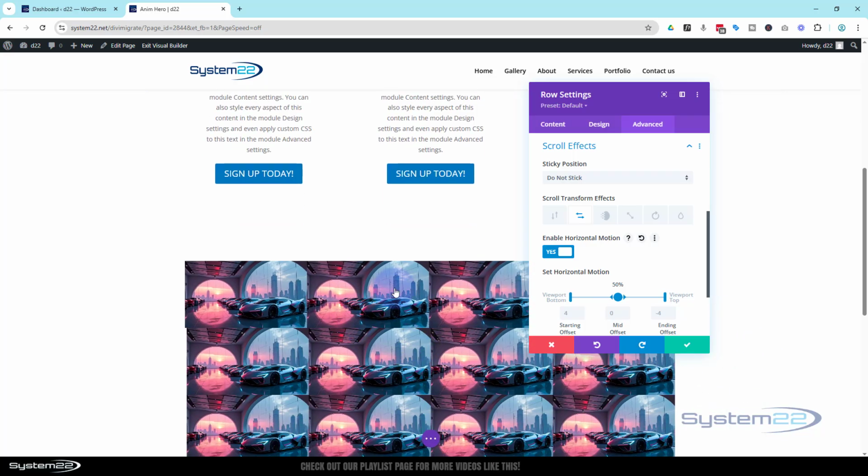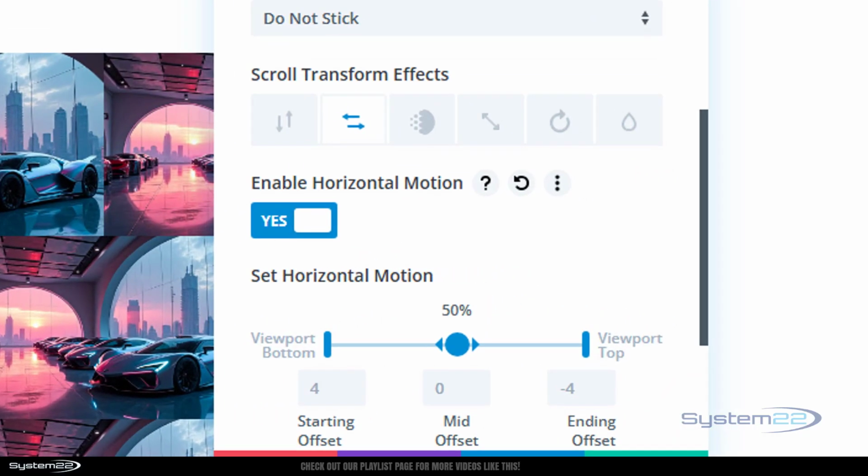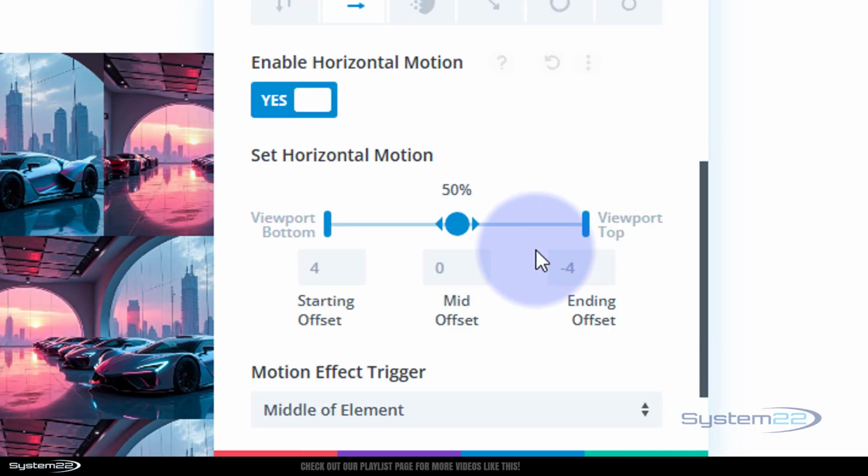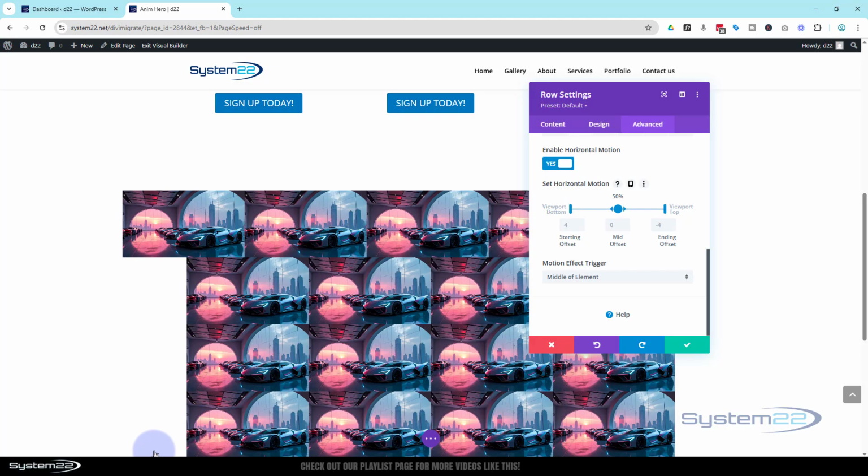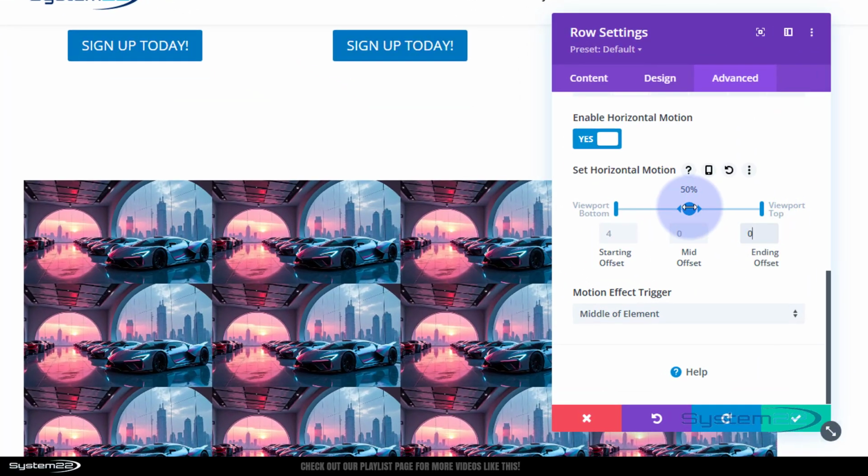But I want it to be there about halfway or just above halfway of our site. So we've got a viewport here, viewport bottom. That's obviously the bottom of the screen. Viewport top, funnily enough, is the top of the screen. And we can tell it what to do in between. Well, I want mine to be fully visible or right in the middle at about 60%. So I'm going to put a 0 up here, which would be central. I'm going to drag this down to about 30%. I'm going to take this side down to about 60% to make sure that it's going to be central when